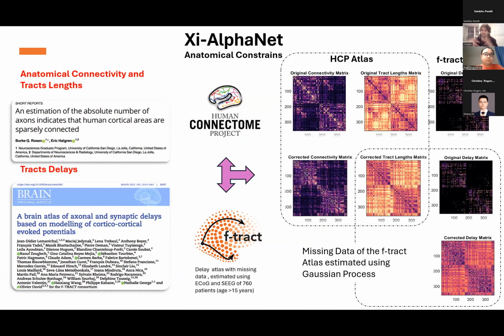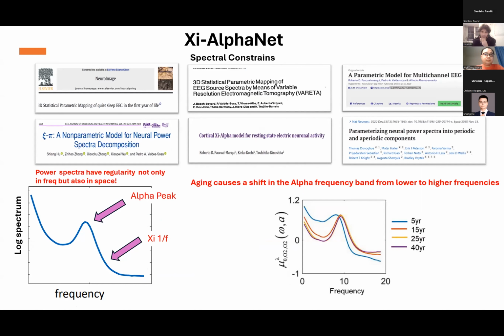In the Shiang-Hu net model, we also have spectral constraints. We have a long history in our lab and also at CNeuro working on spectral constraints. You have here the work of Bosch, the amazing works of Pascual, also the works of Pedro, and also the work of people that are outside of our lab. We can mention in here Buzsaki in his famous paper in Nature. And what are spectral constraints? Spectral constraints are basically regularities that you can find in the frequency domain, but also in the spatial distribution of these spectral processes in the brain.